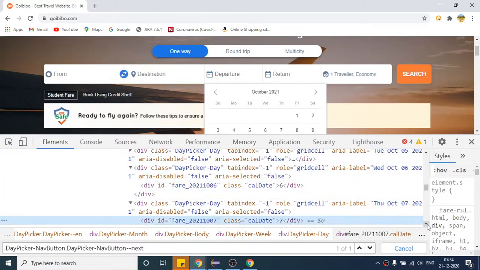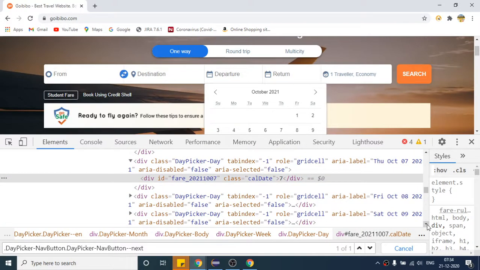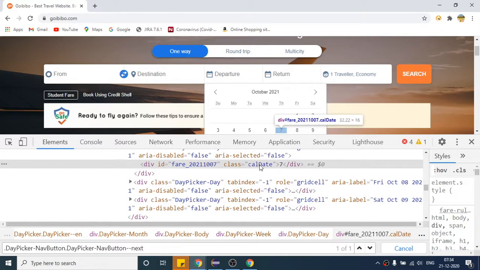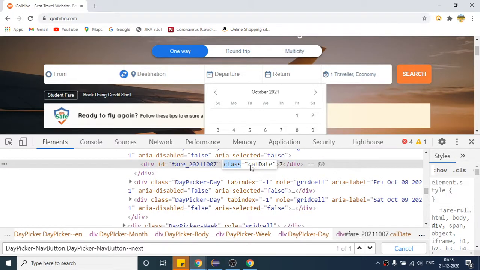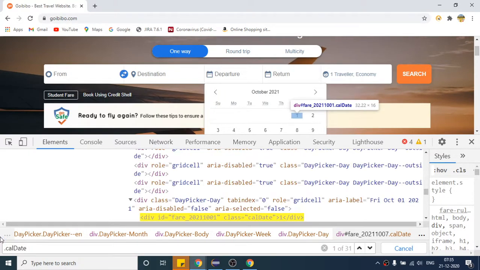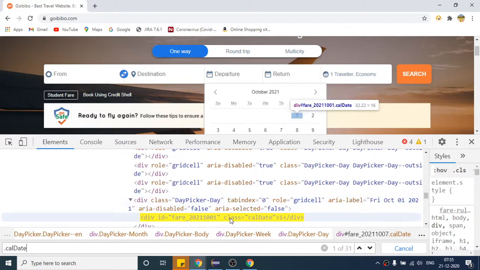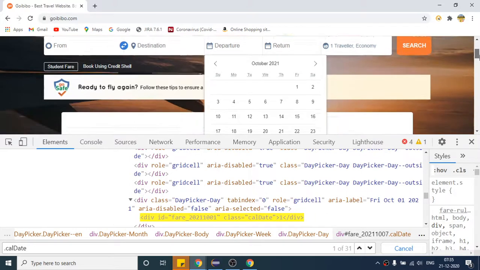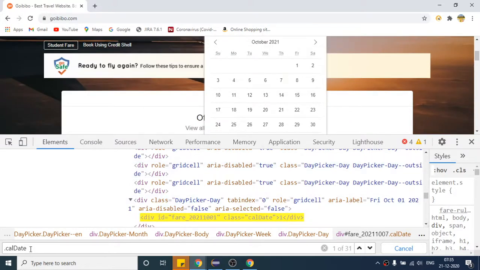okay, so here it is, right? So suppose I am writing XPath for this particular date. As we have the class name, I can simply use the shortcut, again dot class name. So this is again a CSS shortcut. Once I say dot class name, it is selecting all the dates. You can see, because for every date they are using the same class. So this is the reason when I am using dot class name, it is highlighting all the dates on this particular year and month. If I show you, you can see dot calendar date.